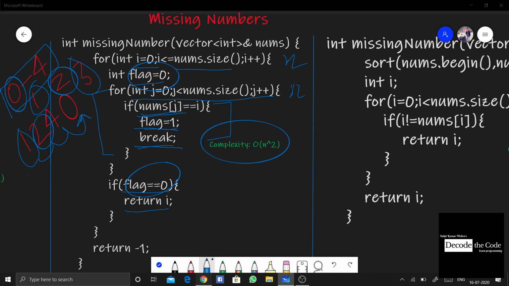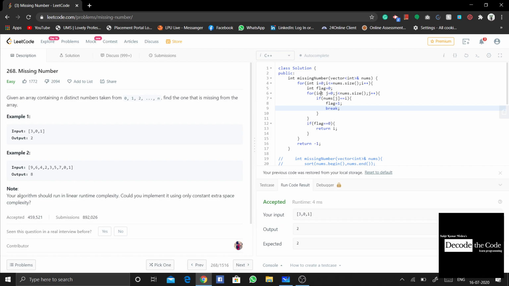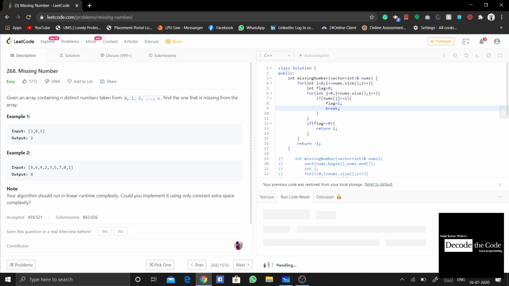I'll just make a run over here so you can see. Sometimes this code will definitely be accepted because the code is accurate, but the thing comes when you submit and you check how many submissions have done better than this. As you can see, the code is running.